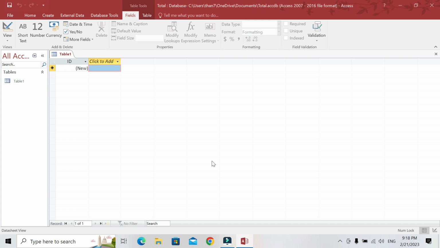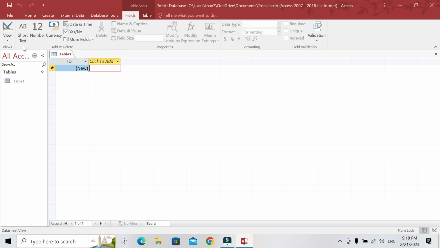Now we are on the table section. Add ID here, and then you can write something like that. I will not explain what the title, menu bar, ribbon, and group are. It is very similar to Microsoft Word, Excel, and PowerPoint. So I will only focus on the main point.